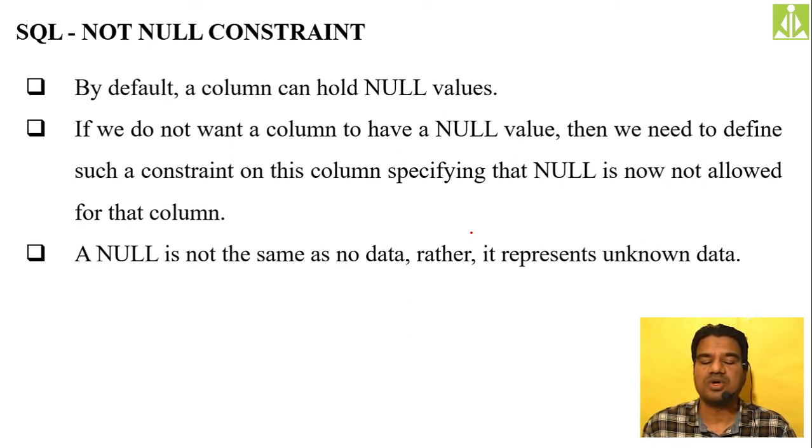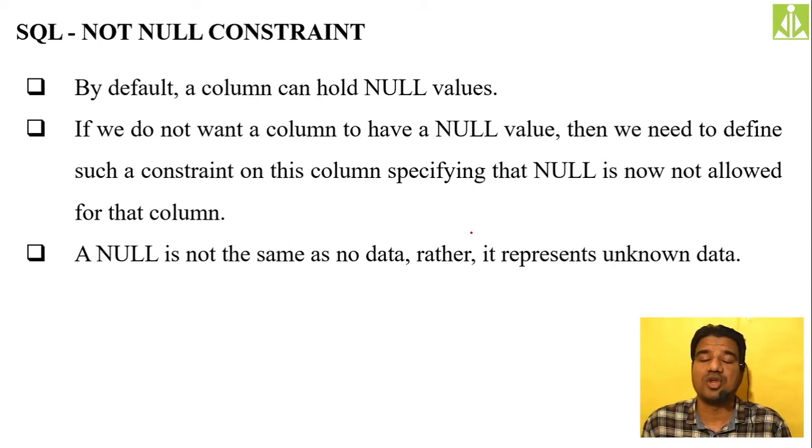If we do not want a column to have null values, that means it should always have some data entries over there, then go for the not null constraint. Simply make that particular column as not null. Let us assume the employee name or customer name. When you are creating a table, the customer name is a mandatory thing, isn't it? Or the contact details, the mobile number, it should be mandatory. So for some particular field, if you want to make it mandatory, just go for this not null.